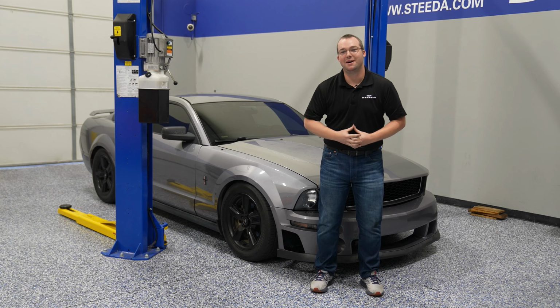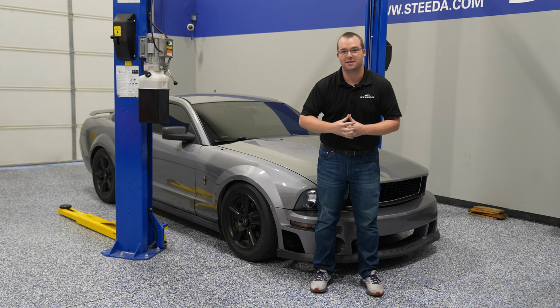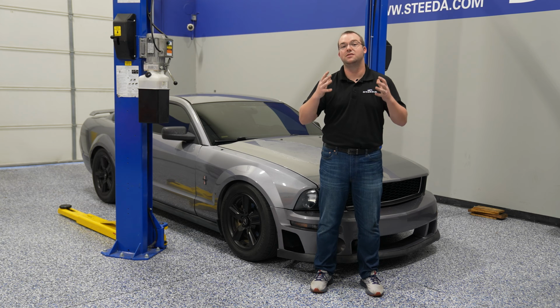Today we're going to be talking about Mustang maintenance, specifically brake maintenance on this 2006 V6 Mustang. It needs both brake pads and rotors. So naturally we hit up our friends at Hawk Performance for their drilled and slotted Talon rotors and the Hawk